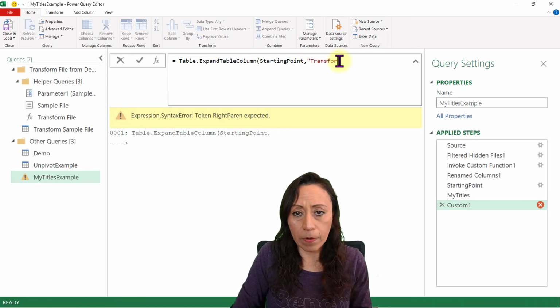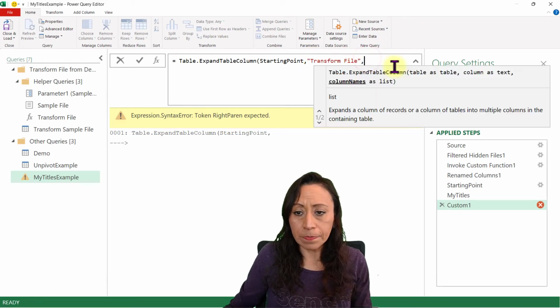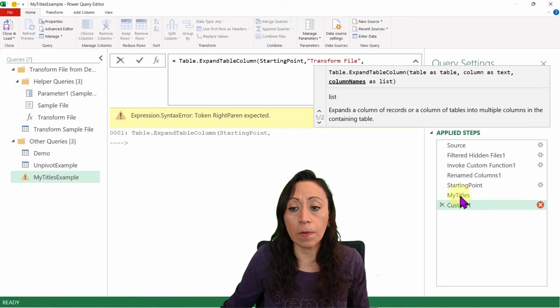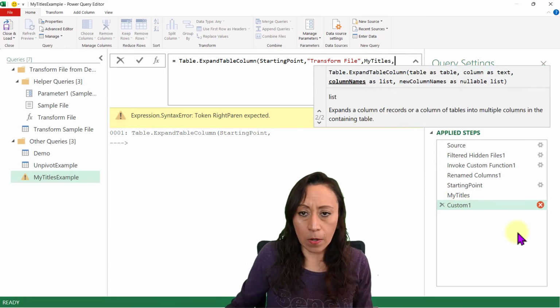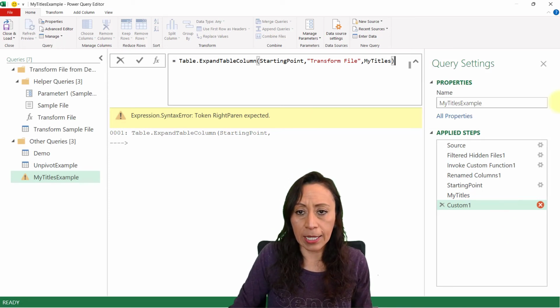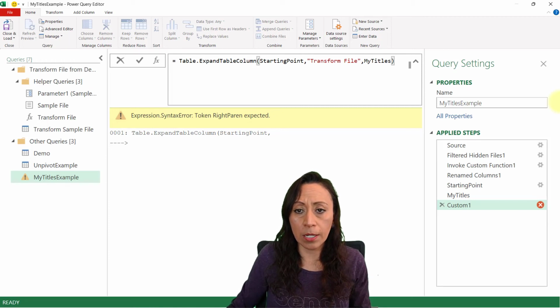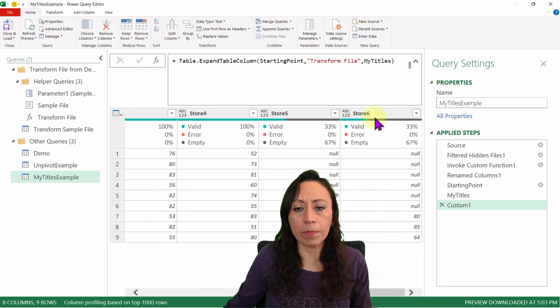So "Transform File". Remember, Power Query is case sensitive, so I need to provide this as a capital F, same with a capital T, and comma. And I need to provide the column names. The column names are coming from my titles. Here, my titles, and comma. And I don't need to provide new column names. That's okay. I just need to provide this information. The other information is optional, so I'm fine. So enter. Here I have the source name, the product, and now I have all the columns for all the